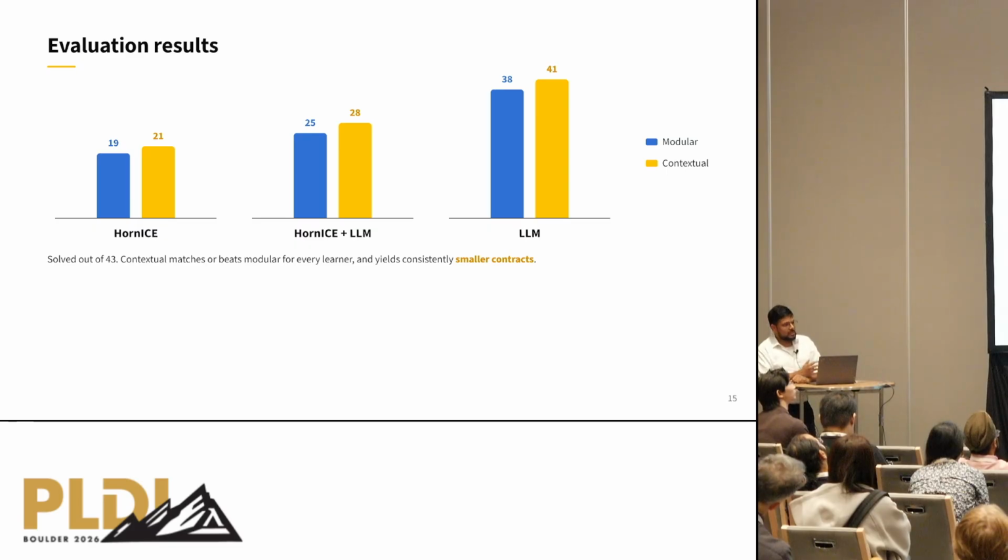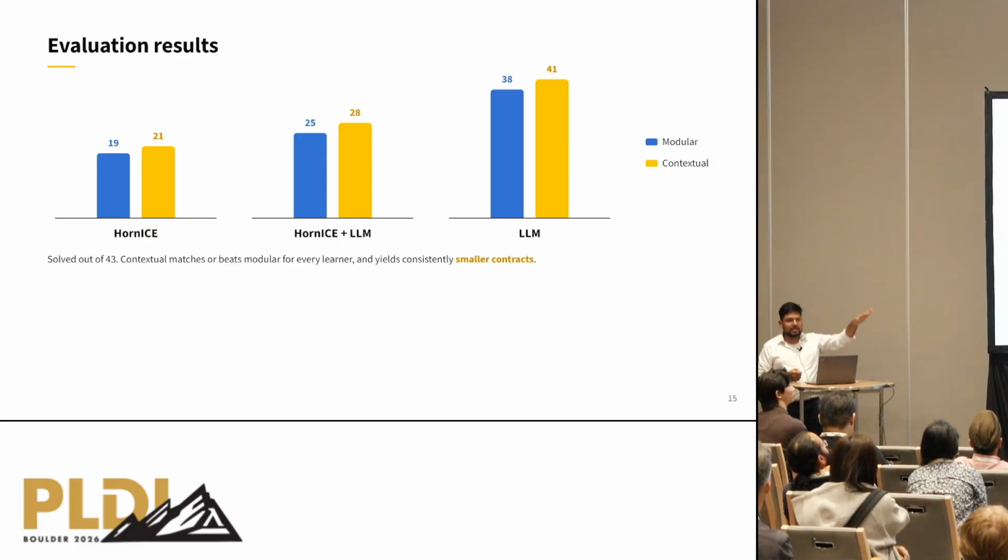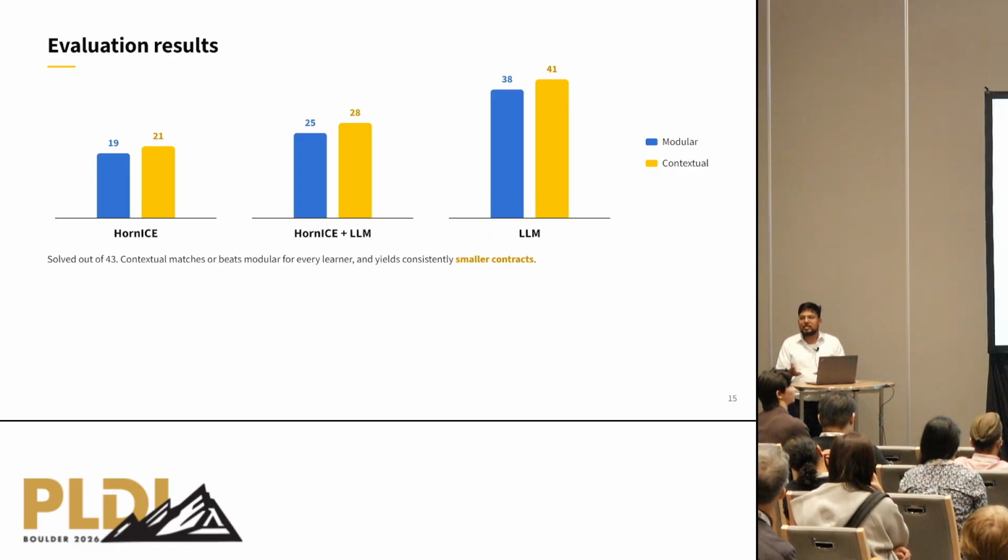Here are some evaluation results. It should be surprising to absolutely nobody that LLMs are doing very well. But I would encourage all of you to take it with a pinch of salt, because I think there's a lot of headroom for the hybrid solver to do better. We're looking to doing a larger study, and I think some of these results might change. What I do want you to pay attention to is the fact that when you ask for guarantees to be established using contextual contracts rather than modular contracts, you get better numbers. Because contextual contracts, as we discussed in the example, can be simpler and easier to synthesize in many situations. And the experiments reflect that.